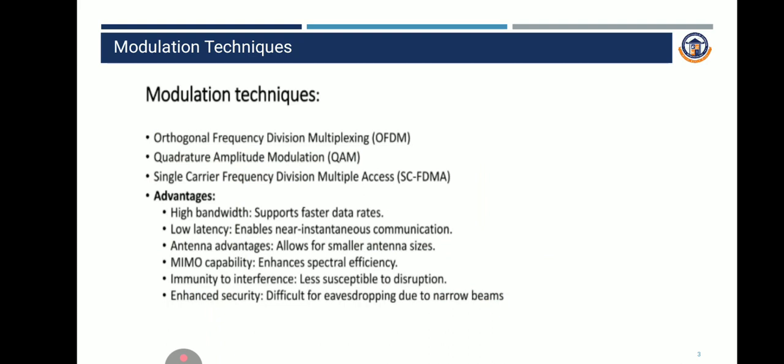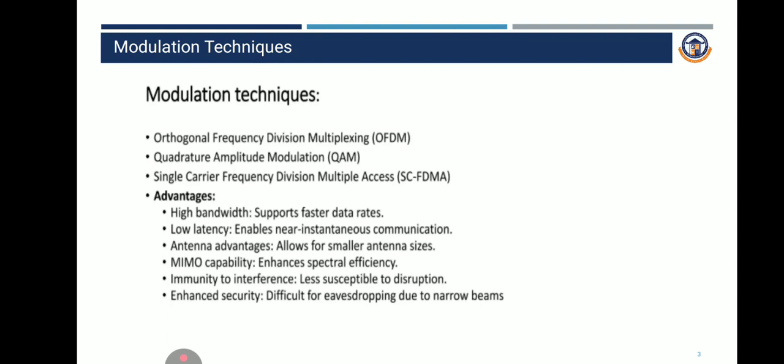There are a lot of modulation techniques which will be used for proper message transmission and reception. Modulation techniques are methods used to encode information onto a carrier wave for transmission, broadly categorized into analog and digital modulation, including techniques like AM, that is amplitude modulation, frequency modulation, and phase modulation. We also have orthogonal frequency division multiplexing, that is OFDM, quadrature amplitude modulation, that is QAM, single carrier frequency division